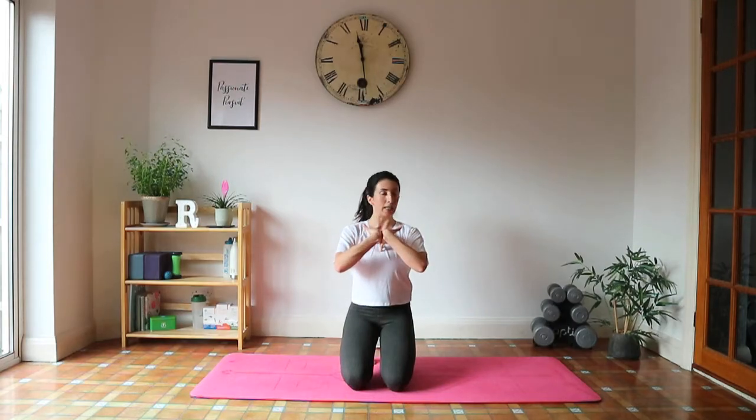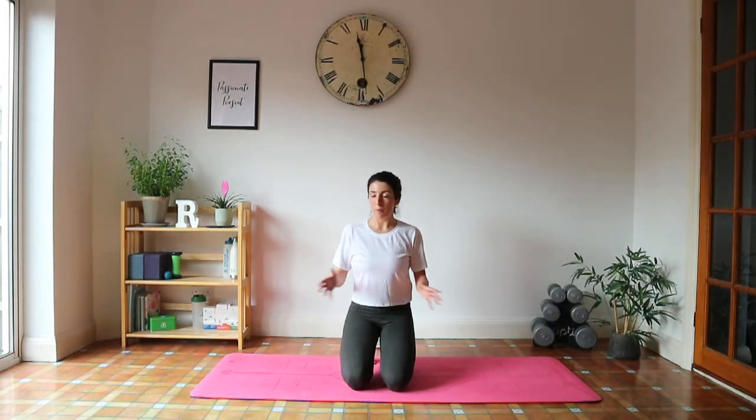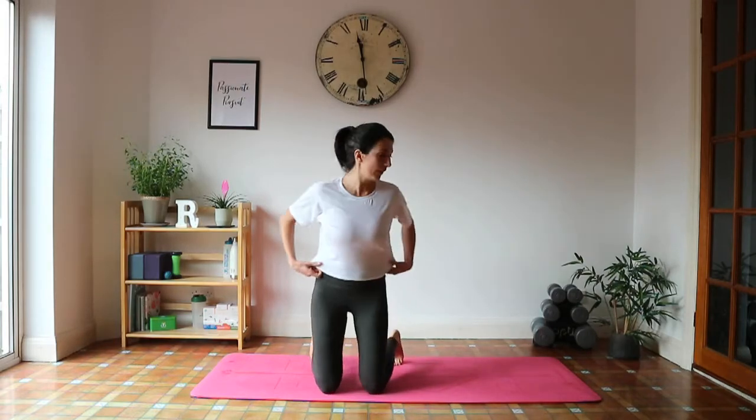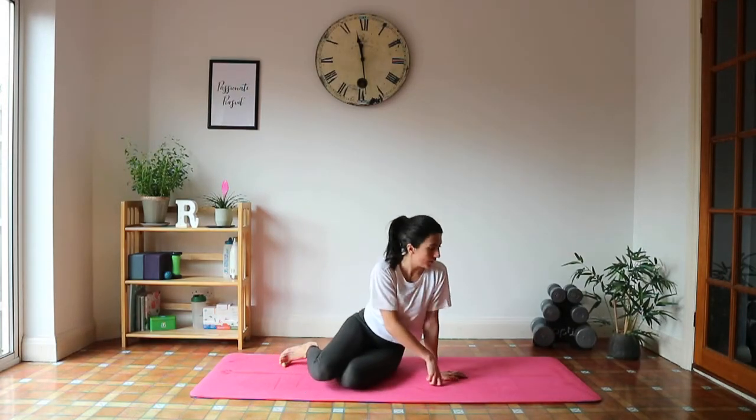Make sure when you're taking deep breaths, you can breathe in through your nose and out through your mouth, which is helping you get some of the heat you're building up out of your body. You've got 10 seconds left, so get ready for those left side